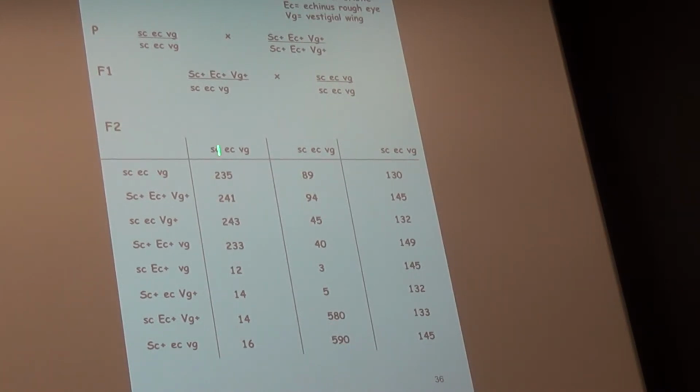This pattern indicates that two out of the three genes are linked, but the third gene is not linked. And when you get a pattern that looks like this, that means that all three genes are unlinked. Okay, all three on three different chromosomes. So just by looking at this, you can tell immediately which genes are linked. You don't even have to calculate initially. Once you know two are linked and one is unlinked, then you can go and do the experiment that I showed you to figure out which of the genes